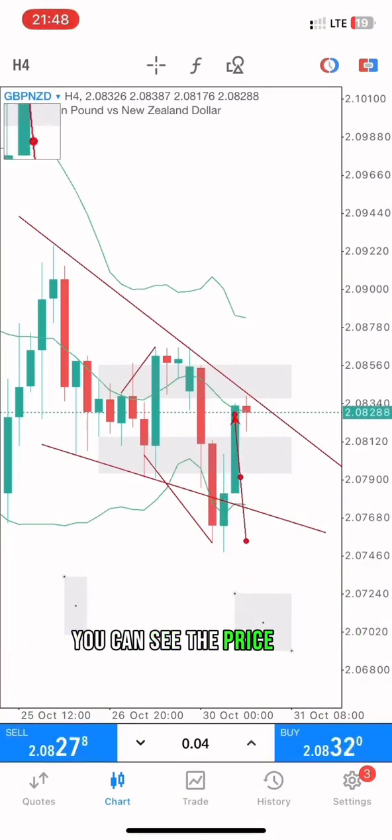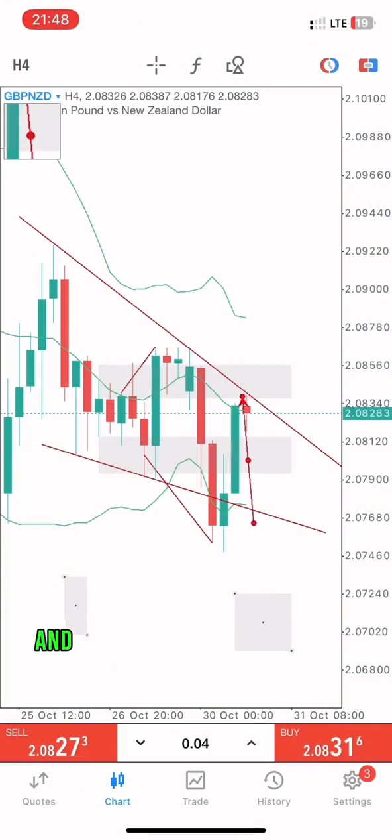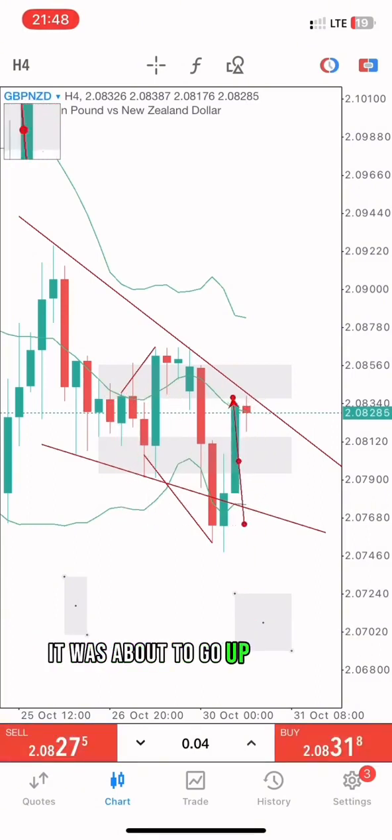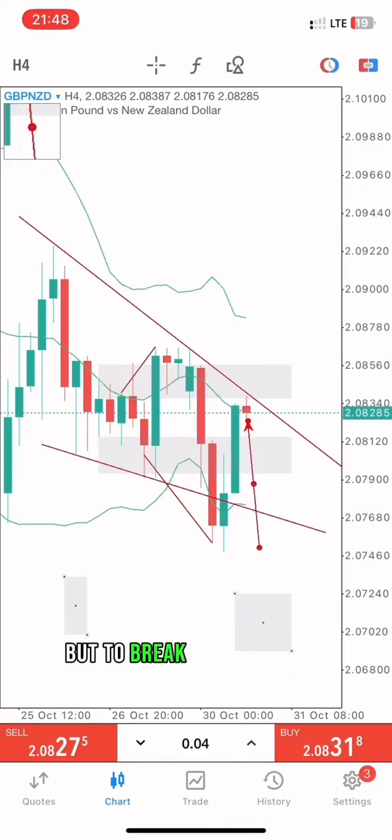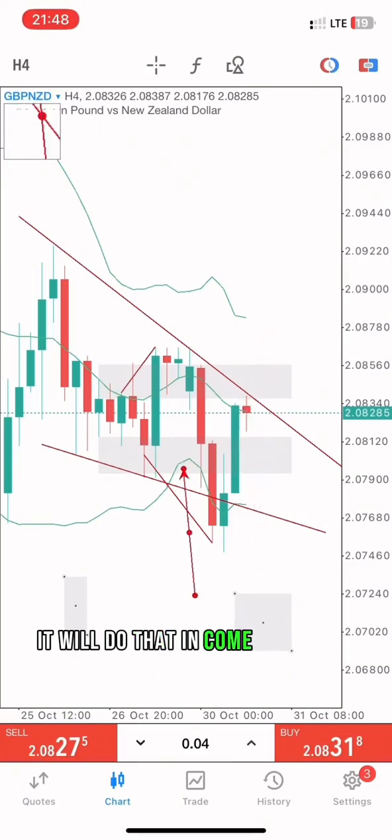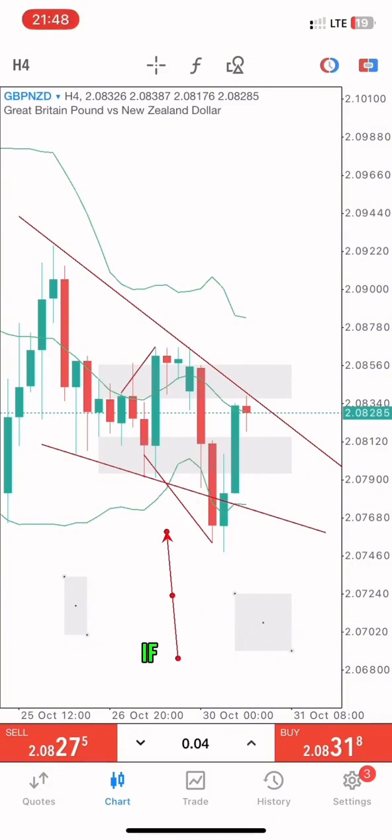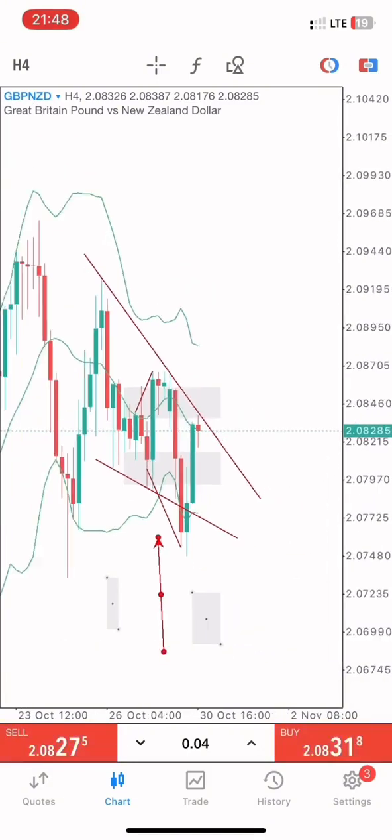You can see the price was resisting there, and when it got back in the trend line, it was about to go up, and it did. But to break the trend line, it will do that and come back with a wick. If it breaks, it will come back with a wick. So